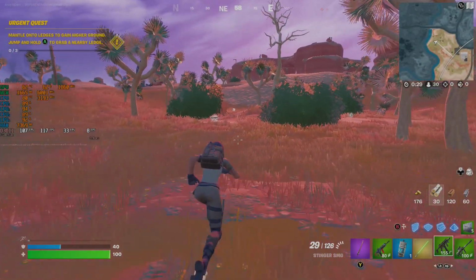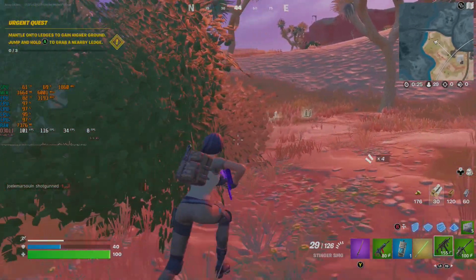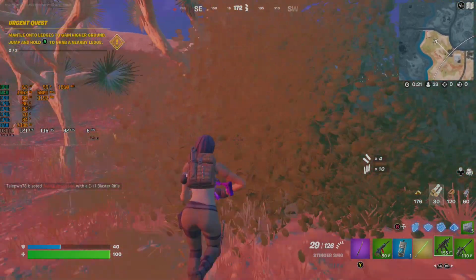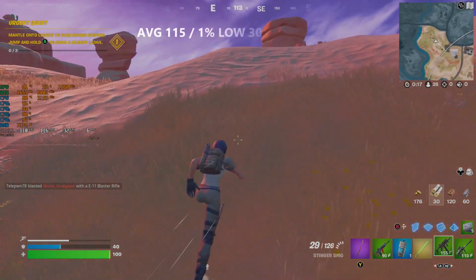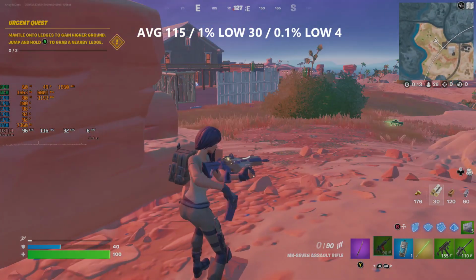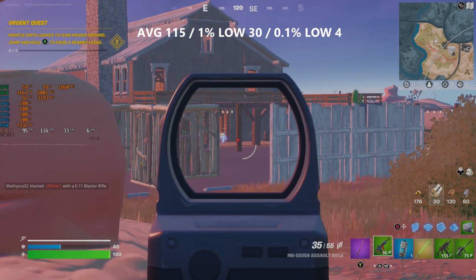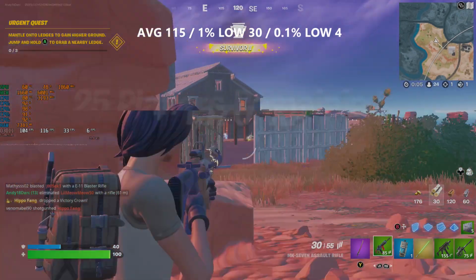And first up we have Fortnite. Running at 1080p competitive settings, which is epic view distance with everything else set to low. It was an okay experience and better than expected to be honest. We achieved an average FPS of 115, but the percentile figures weren't that great, with 1% lows of 30 and 0.1% lows of 4. Now in the i5's defence, these were mainly caused when jumping out the battle bus, but